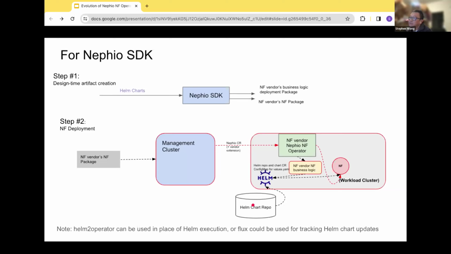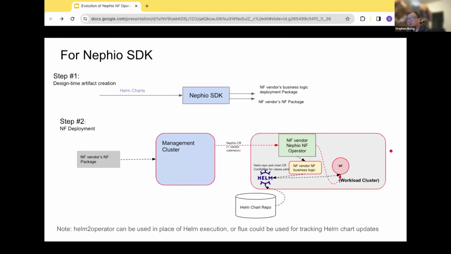Taking that as an input, we would be generating a deployment package, and then a network function package. The deployment, not the deployment package, it's more like an operator package, if you will. That package would contain all the little things needed for the operators. If you use Helm, and in this case we are using Helm,